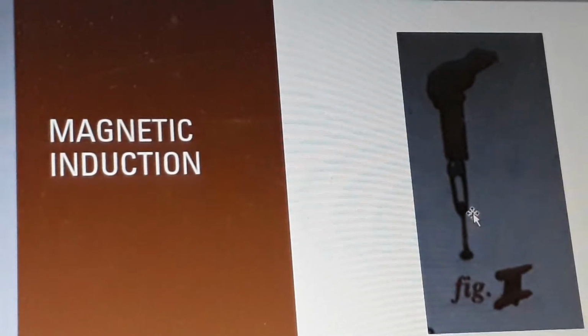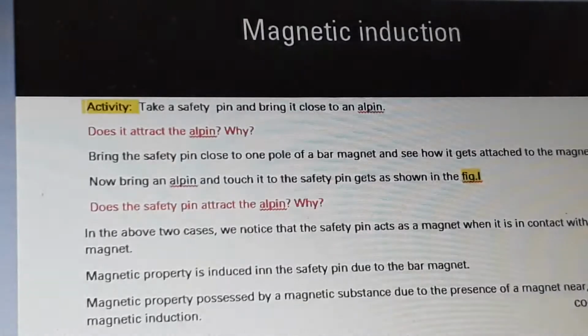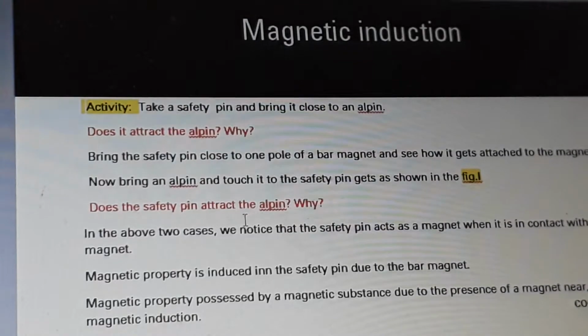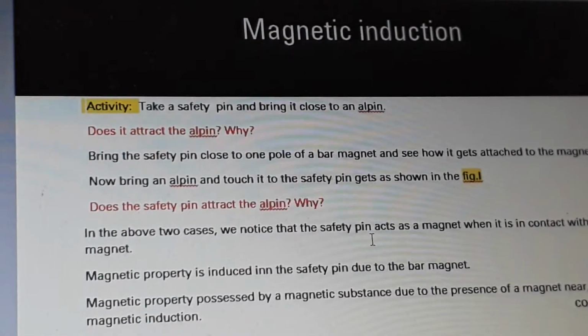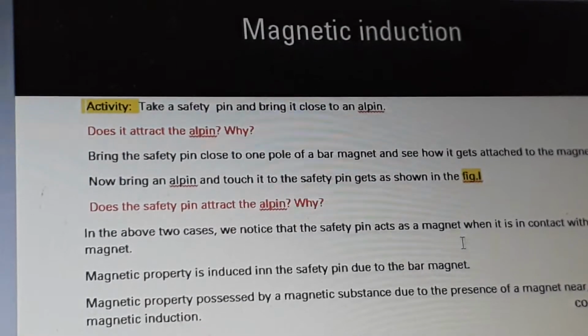Touch it to the bar magnet. Does the safety pin attract the all pin? Why? In the above two cases, we notice that the safety pin acts as a magnet when it is in contact with another magnet.